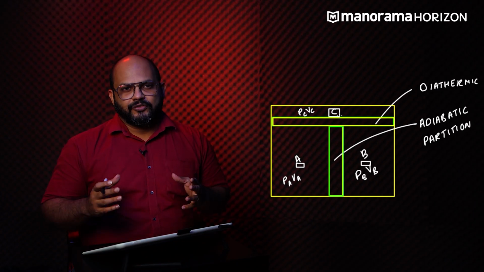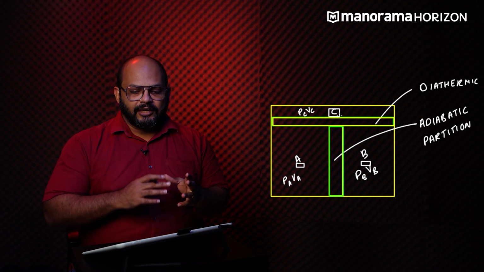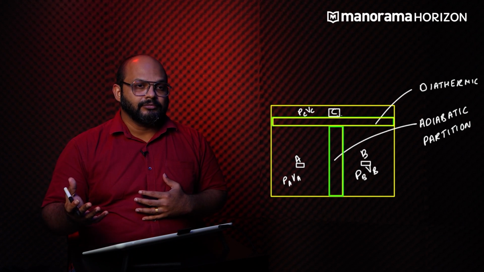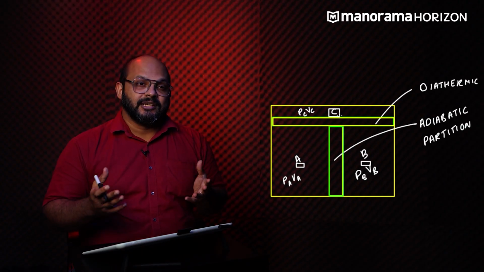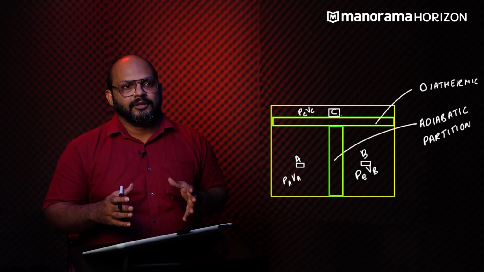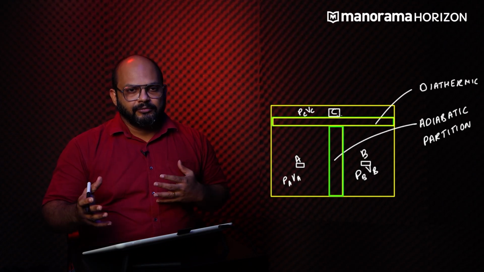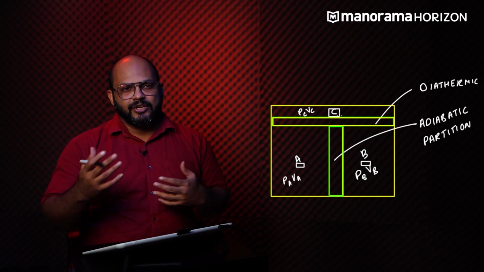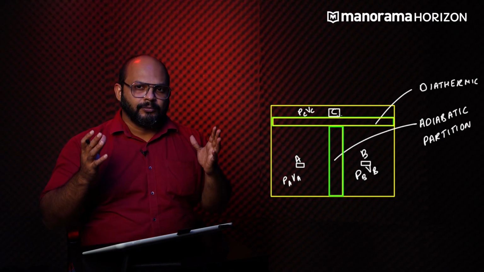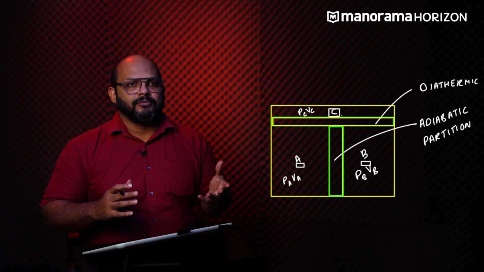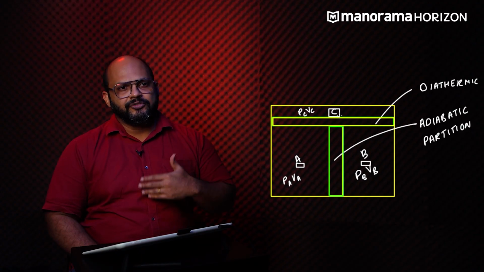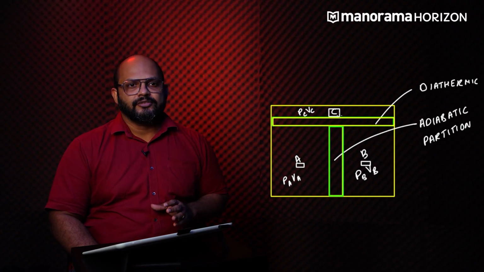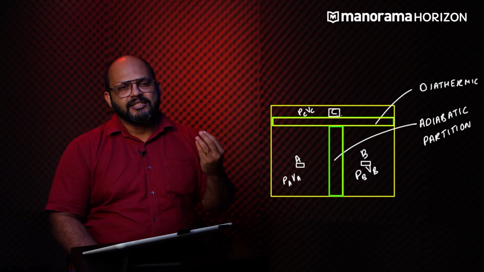So coming back to the question, is there a property that all these three systems share because of which we can say they are in equilibrium? And if you guess that that property is temperature, you are absolutely correct. Systems come into equilibrium when their temperatures become the same. So their pressures and volumes keep changing until the temperatures for both of these gases or both of these systems become equal. Once the temperature becomes equal, there is no net flow of energy anywhere inside the system. And that is what we call the zeroth law.